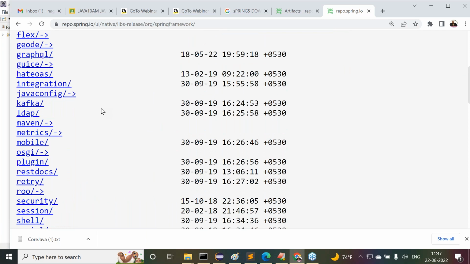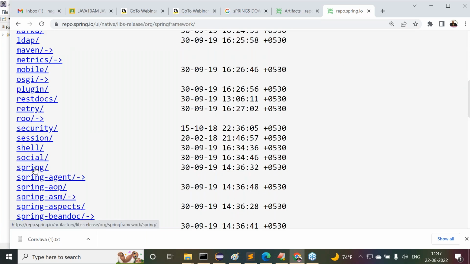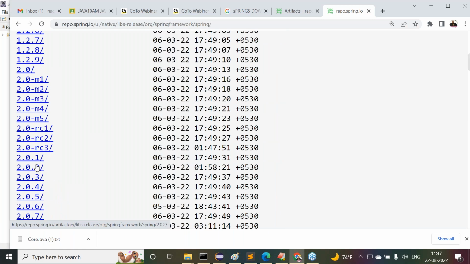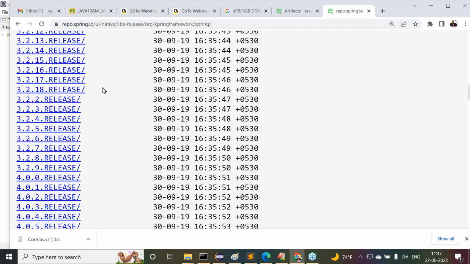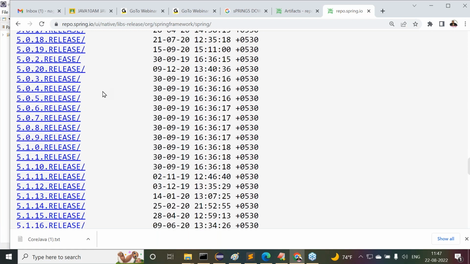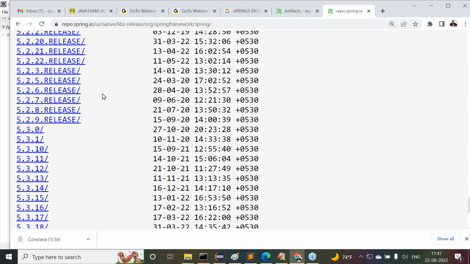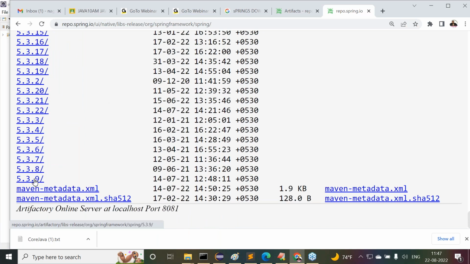In somewhere else we may see spring, but here we are getting that spring. Click on this spring. Then where are the versions? Which version do we require? We can directly use the latest version. What is the latest version here? 5.3.9 exists here, so just click on 5.3.9. If we click on it, automatically we are able to get